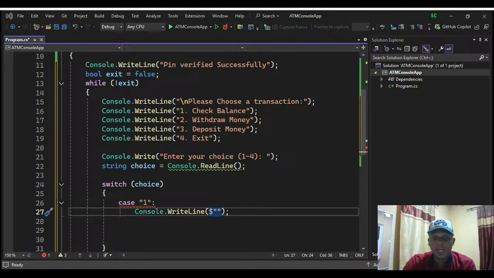Okay, so I'm using string interpolation, that is this dollar sign here, to show the balance inside this text, so I can print the account balance. That is why I'm using this dollar sign, to be able to show the balance inside this text I'm about to display here. So let me display the text so that you understand what I mean. We have a Console.WriteLine. What am I displaying here? I'm saying your current balance is